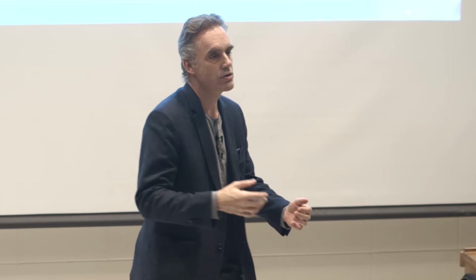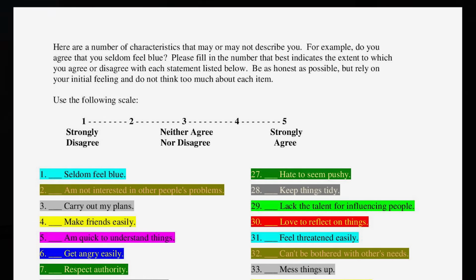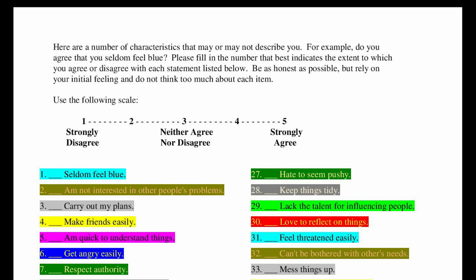So I'll read you some of the questions from the Big 5 aspect scale, and that'll give you kind of an initial rule of thumb estimate about whether or not you're agreeable or disagreeable. And so here are some of the questions. Imagine that you're answering these for yourself on a scale from 1 to 5, strongly disagree to strongly agree. So the first question is, am not interested in other people's problems. So if you are interested in other people's problems, that tilts you towards agreeableness,